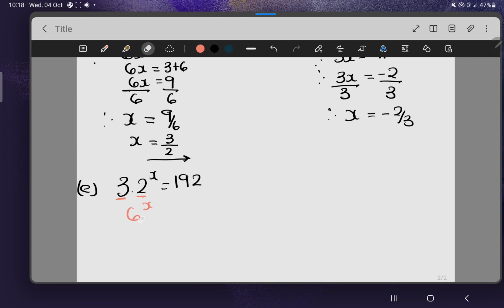Remember, you can only do that if the bases are the same. But because the bases are not the same, then you cannot do that. Okay, but if you had x here, you could just multiply the 2. You could take the common factor of x on top. You're going to have 2 times 3 and then to the power of x. But then now, unfortunately, we don't have that. So what we are going to do here, it's very simple. We have to